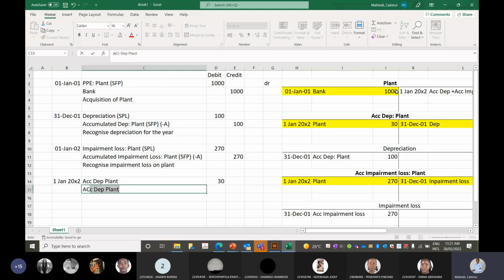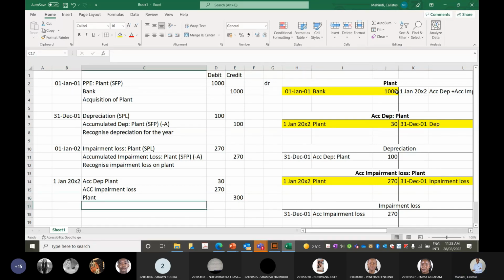We debited the accumulated impairment loss, which was 270, and then we credited our plant, which was 300. All right. So that is the second journal entry that we're going to have,